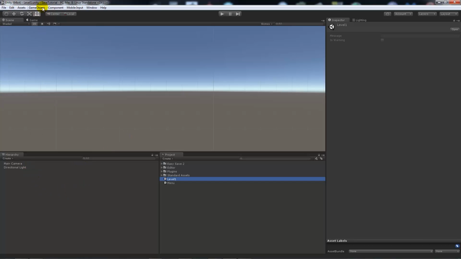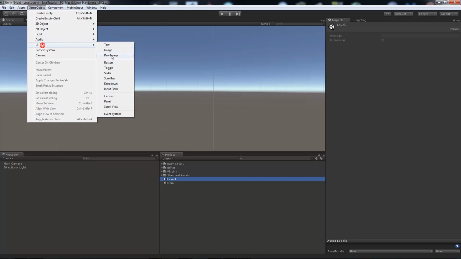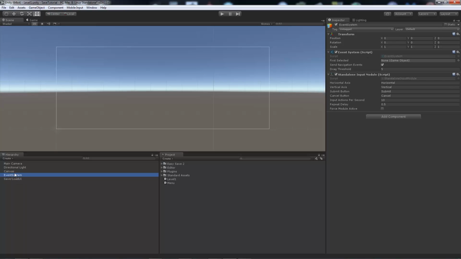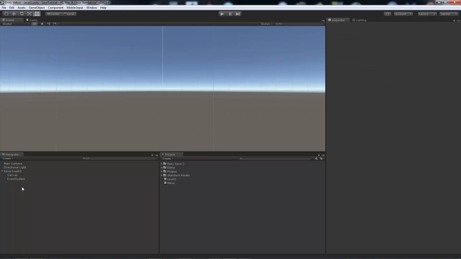Now there's a few things that we want to do. We want to do a similar thing, so we'll go UI and canvas. Then I will create another empty game object and call it just Save Load UI. And then I will put the two things that the canvas created together